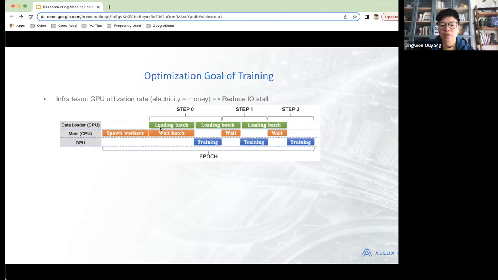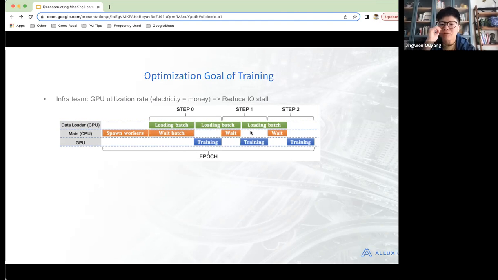When the batch of data is coming in, the CPU and the GPU, this is just an example, but they could be just the GPU directly, will be waiting. So during this orange time, it's waiting. Once this data is in, it can preload the next stage, and this is when the training starts. If the data loading time is longer than the training time, there's always some wait time here. This is called IO stall in training.